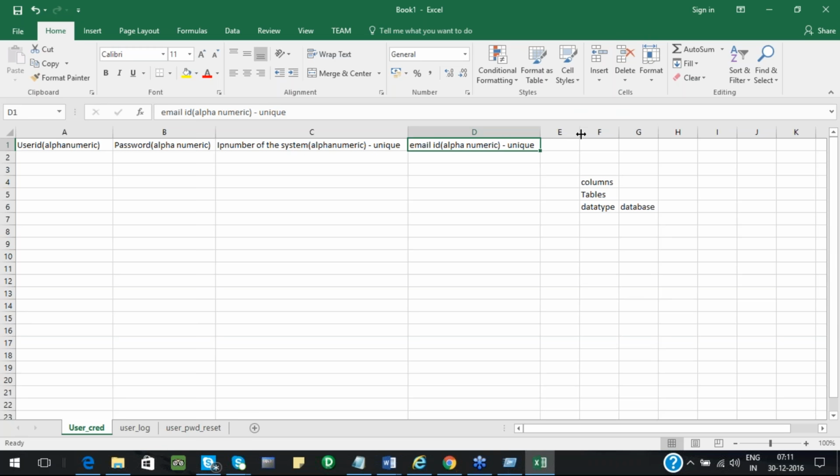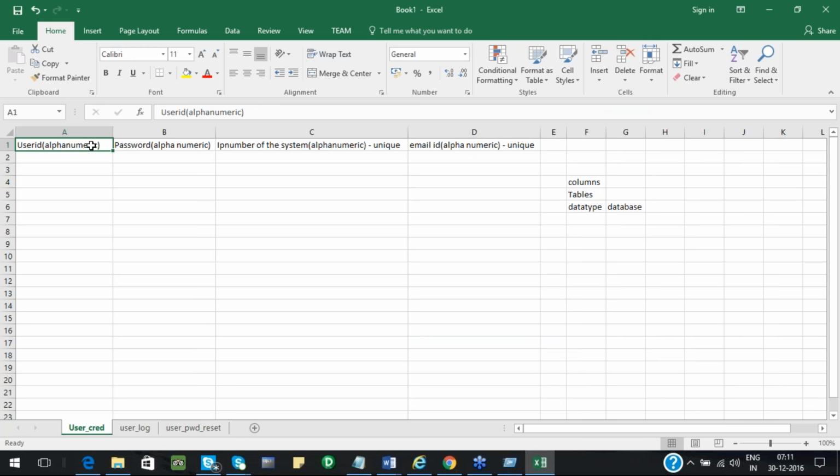Now the other areas which we will take care of as part of database testing is the uniqueness definition. In this sheet, my requirement is that for a given email ID, there should be only one user ID. That definition should be defined prior to the database design.